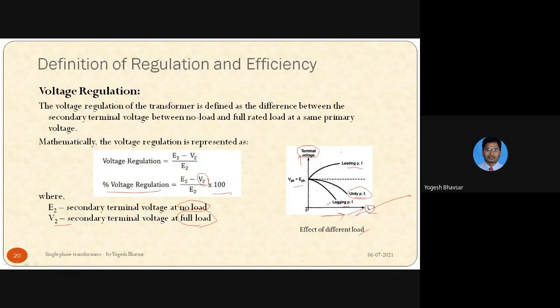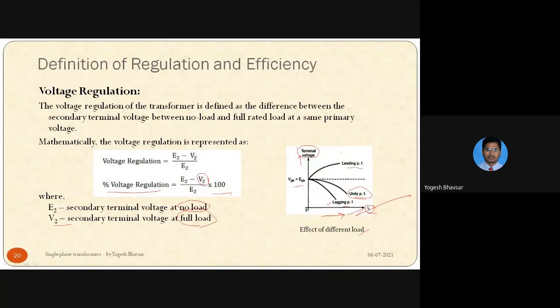Again, in inductive load, there will be a much larger drop in the output voltage. Why the drop in output voltage? Inductance opposes the changing voltage which is applied around it. And again, there will be resistance. As I told you, practically every conductor has some resistance. Even if it is a copper conductor, in the winding there is resistance. So the resistive effect is there, the inductive effect is there, and due to their combination the resultant voltage will drop. So this is a much larger drop in voltage as compared to the unity power factor.